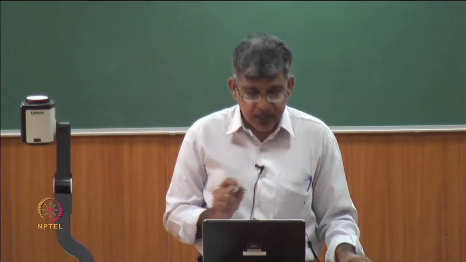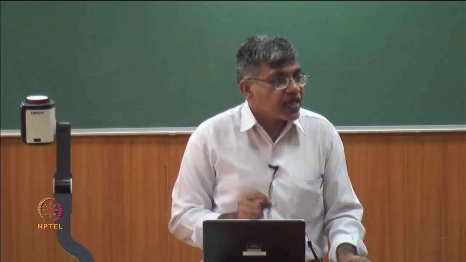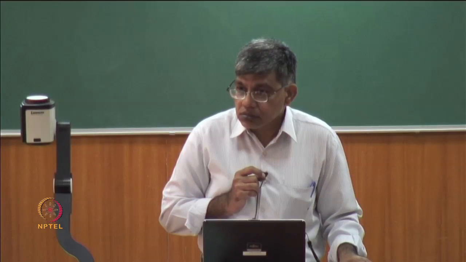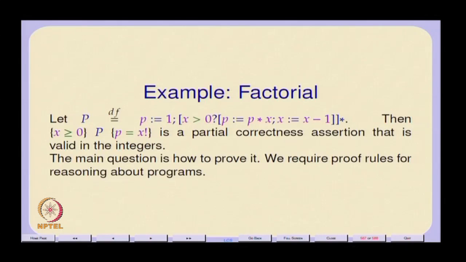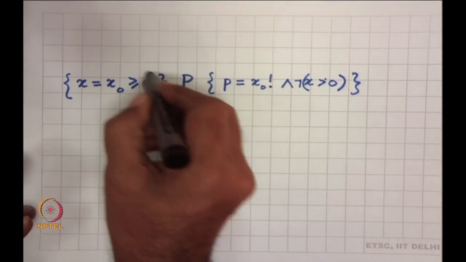Yeah. So, this is the partial correctness assertion which this program satisfies. Notice it is a partial correctness assertion, because if x is negative, the program does not terminate. Then the precondition does not hold. Oh, it is total. I am sorry, it is total because whenever the precondition holds, it actually terminates. Okay, let us write a partial correctness assertion where supposing we change this to